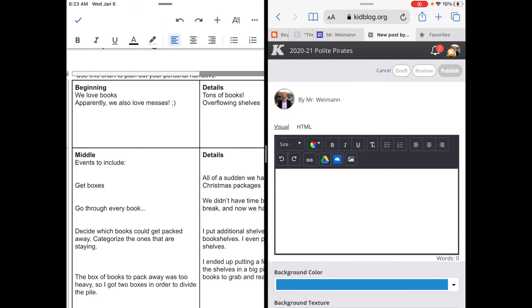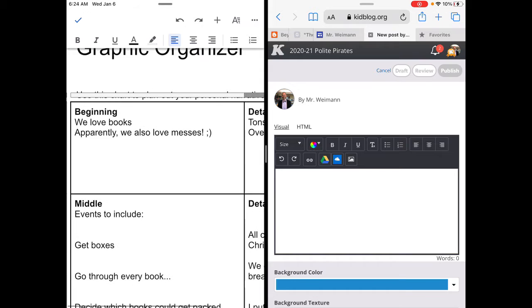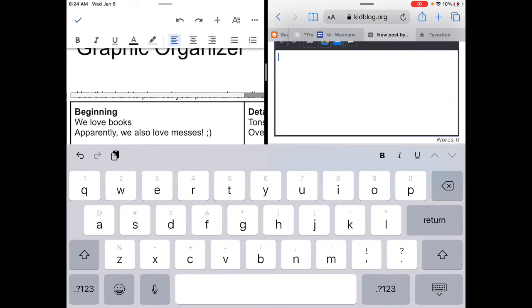Basically, at the beginning of my planning, I did include an idea here. Apparently, we also love messes. So maybe I can combine those two things for like a hook in the beginning of my paragraph. In Kidblog, though, I think I'll say something like,